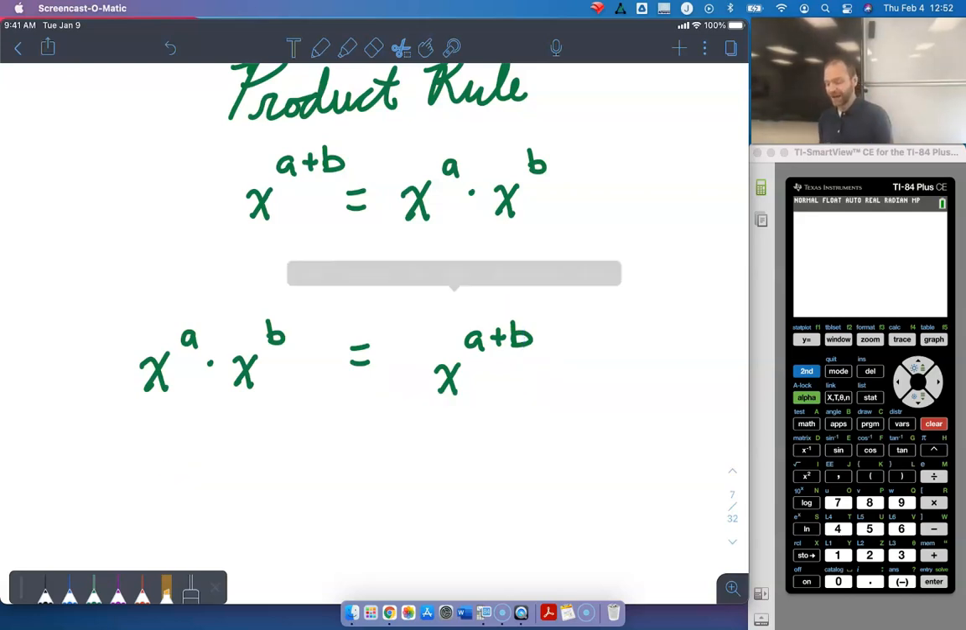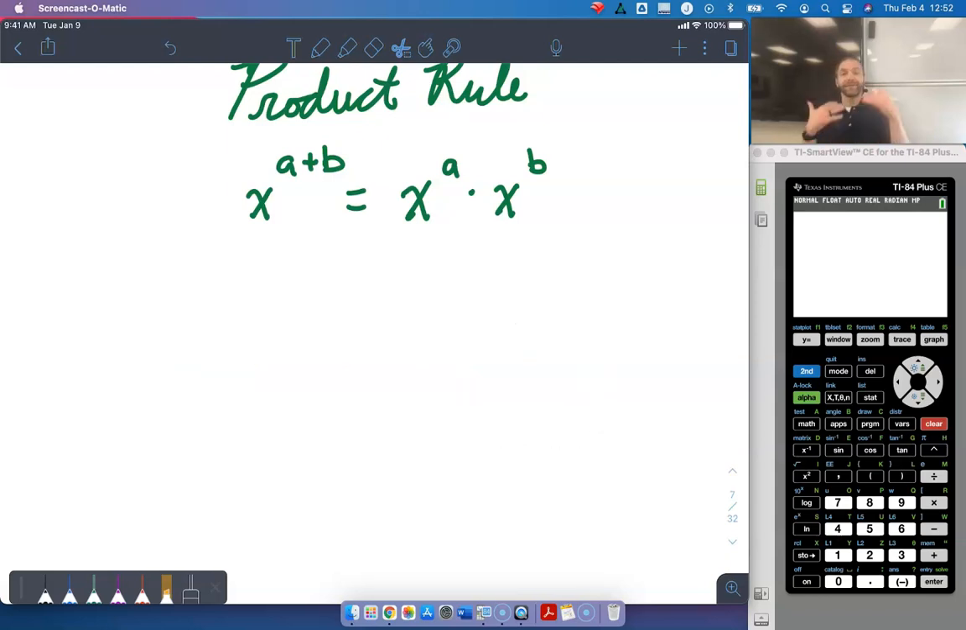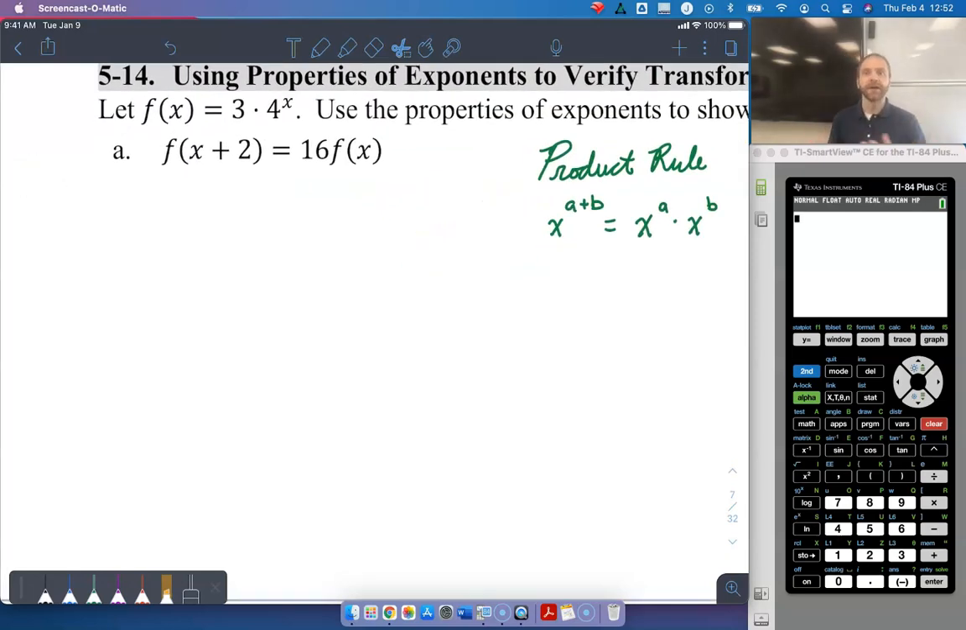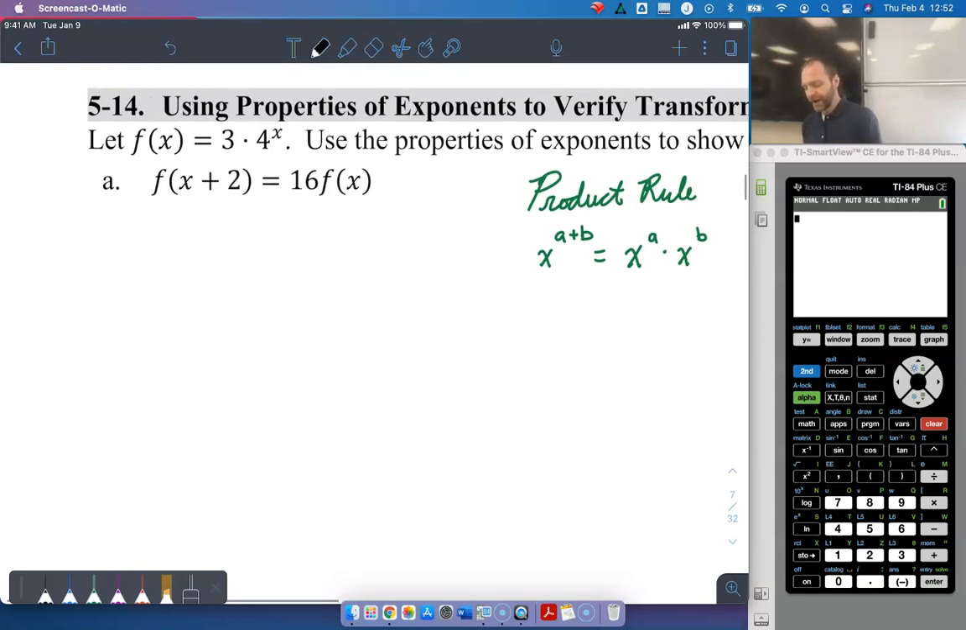So I can also say, hey, if I'm adding two exponents together, I can separate them by using the same base and put a multiplication in between them. That's going to be our key for this prompt. So in this case, I know what f of x equals, and I want to show f of x plus 2 equals 16 times f of x. In other words, I want to show a horizontal shift